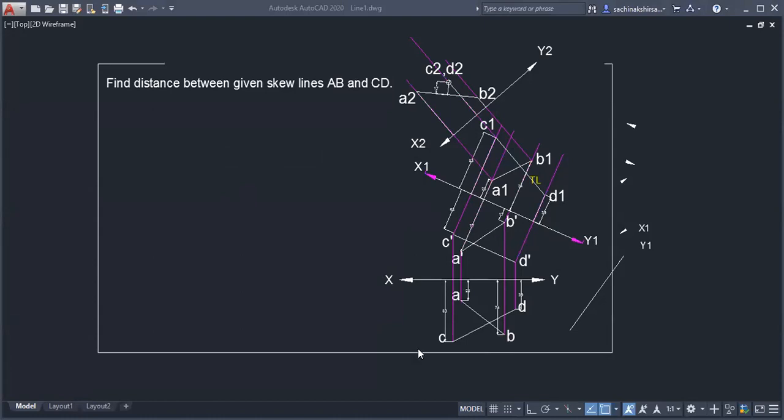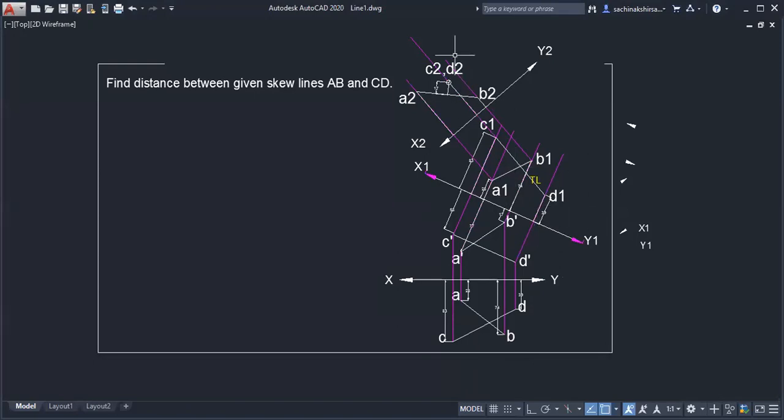So at the bottom you can write "shortest distance between these two lines is" whatever you get. So that will be your answer. So procedure is important, only procedure. For these parallel, perpendicular, intersecting and skew lines, only the concept is important. Only concept. So what I'm saying is, concept to understand.